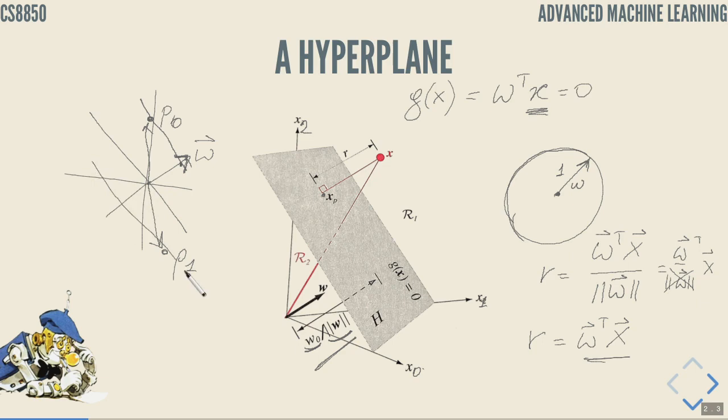But for a vector that's on the other side, the result will be negative, because the projection is right here in the opposite direction. This vector is pointing to the opposite direction of W relative to the separating hyperplane. And thus, with this representation and this calculation of the distance, we conveniently get